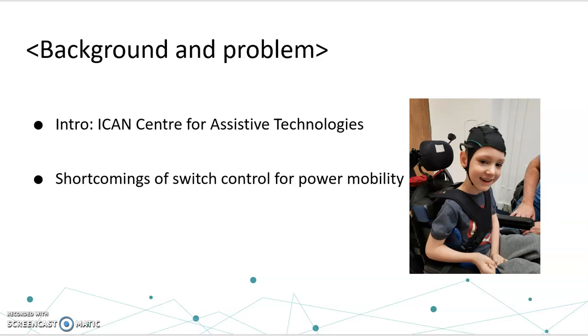Imagine coordinating all four of these movements in order to drive a chair. This is a very difficult skill for many children. And for people who have very complex bodies, this can be the difference between having mobility independence or being dependent on a caregiver for pushing you around in your wheelchair. One of our big dreams here at the ICANN Center is to have children use BCI to help drive a